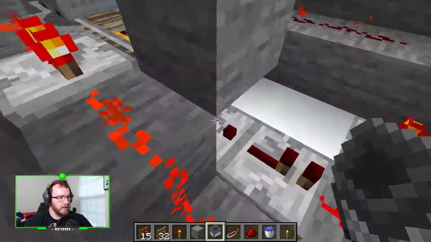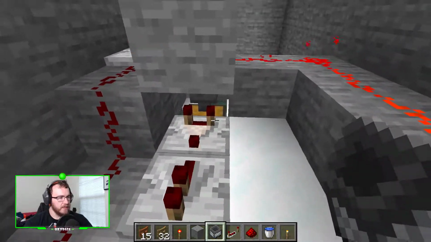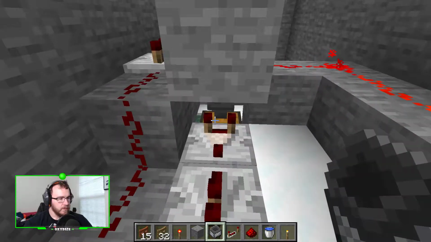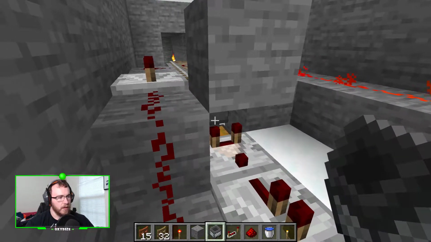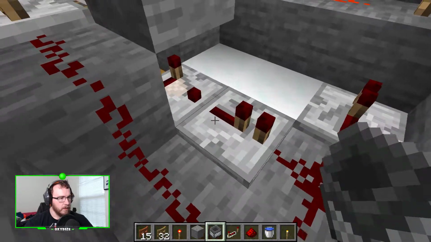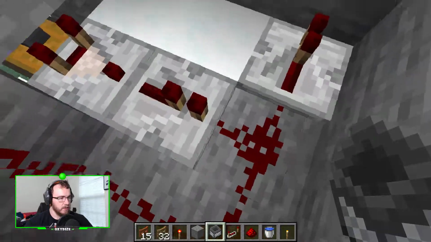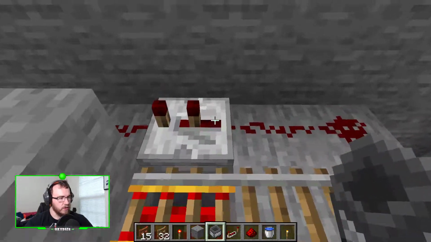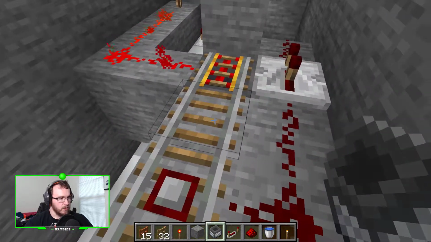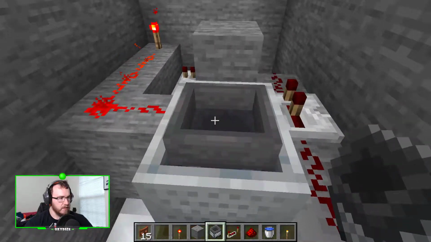So what's going to happen is that when there's a hopper right here, and there's a comparator, the comparator will register there's something in the hopper when the hopper gets in here. When that happens, it's going to bring a redstone signal here, shut down this redstone, and shut off this track altogether, right? So if I were to put this into here,